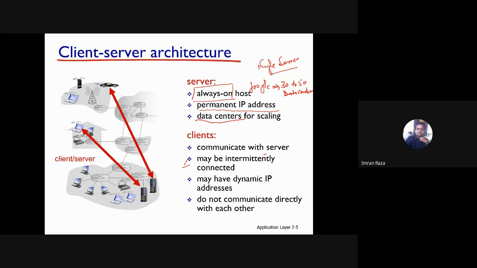So this means if the number of users on YouTube, Facebook, and Twitter are increasing, they need to increase their capacity. Data centers having more and more servers, virtual servers, where they can handle the incoming requests from the ever-increasing number of clients. So scalability is an issue with this sort of network application where we have a host that is always on, that we call a server, and it provides services.